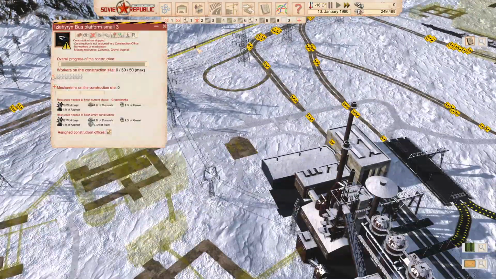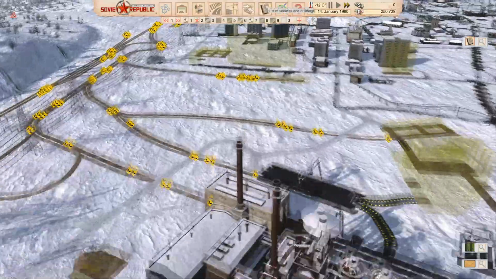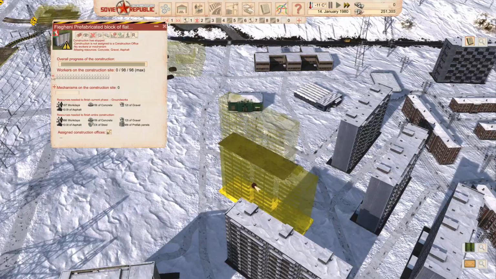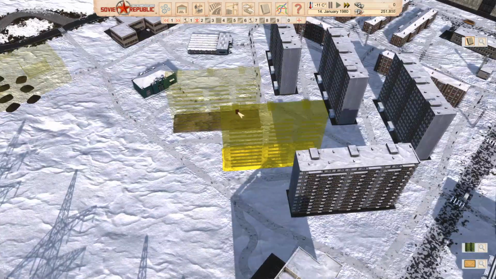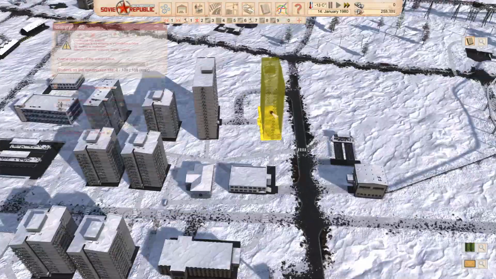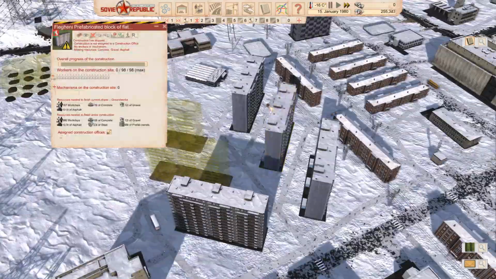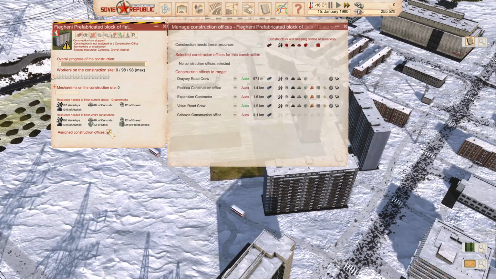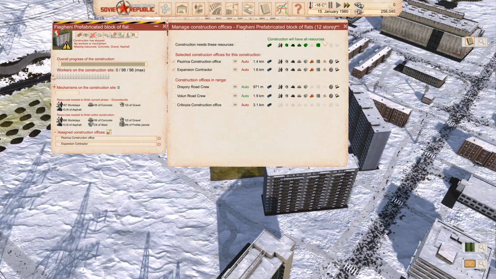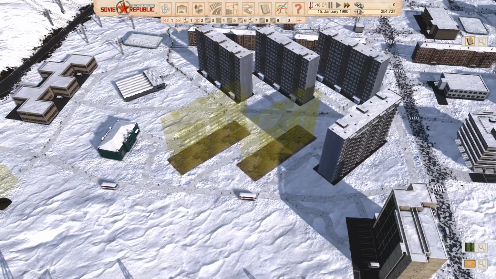What's this? A bus station. What did I build? Oh, for this here, on the ore processing plant. Okay. Wow. People everywhere here at the moment. I thought I'd allocated one of these. Okay. Expansion constructor. I was absolutely certain I allocated another one for there, but